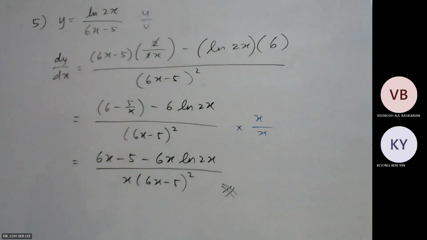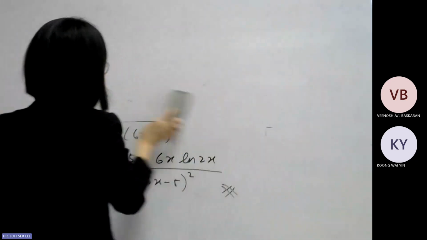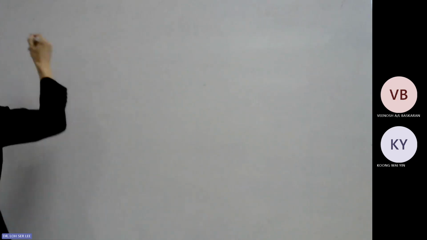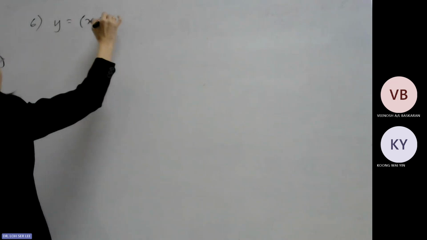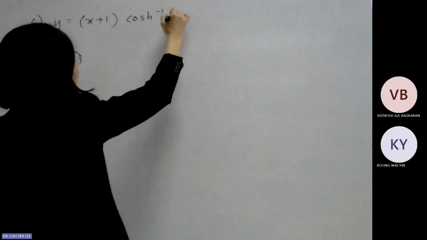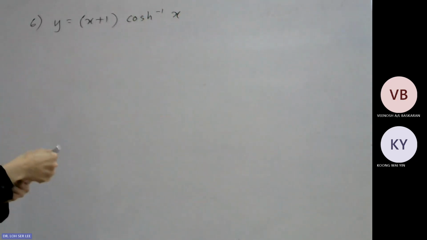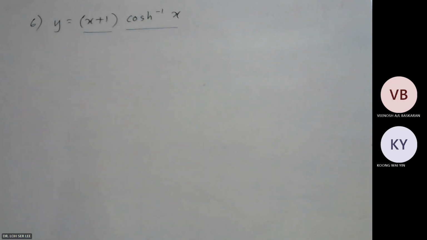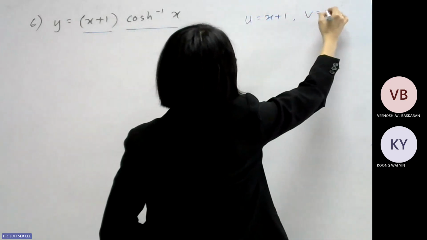Yeah. Okay. And last one. x plus 1. Okay, so this one, a function in x multiplied to another function in x, so we use UV. Okay, UV. So U is x plus 1, V is the